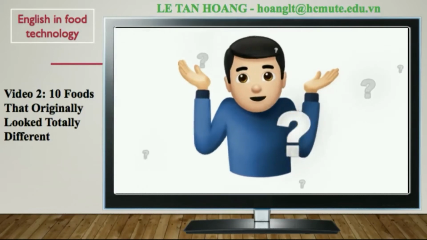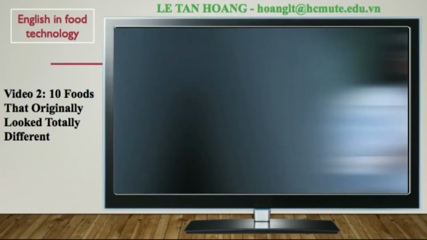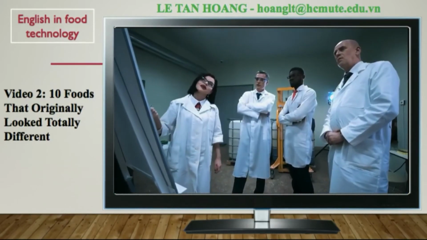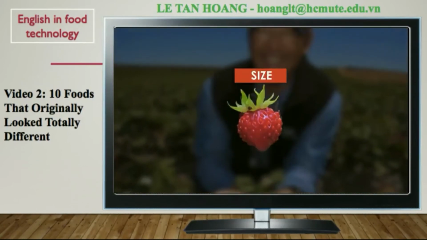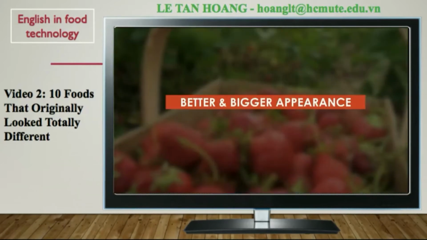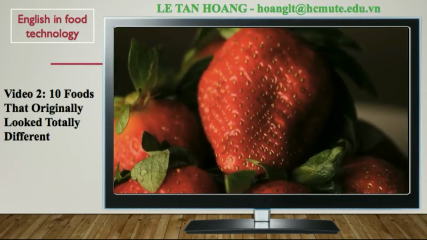So, why did the modern version of the strawberry lose its flavor? Reportedly, that's because other factors started coming into play, influencing how these fruits evolved. Farmers started favoring size, resistance to disease, qualities and a better and bigger appearance, which ended up decreasing the taste